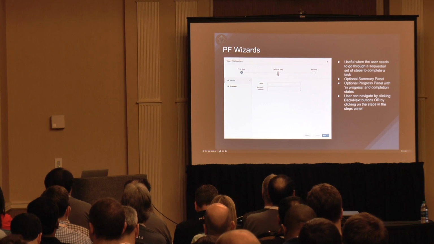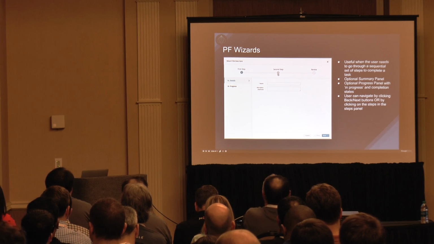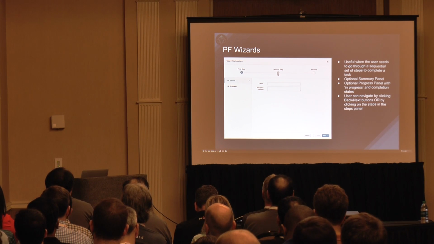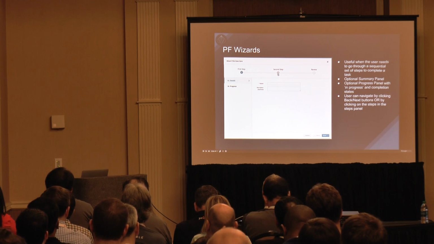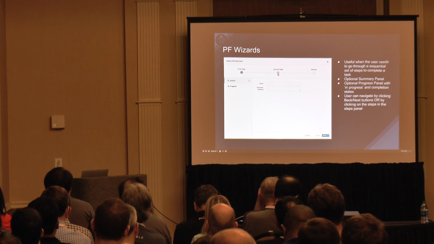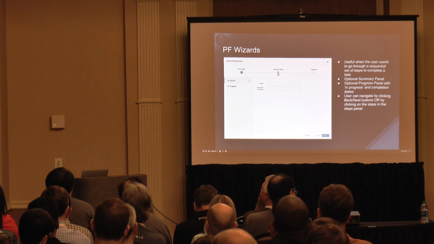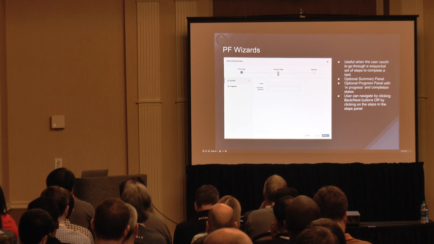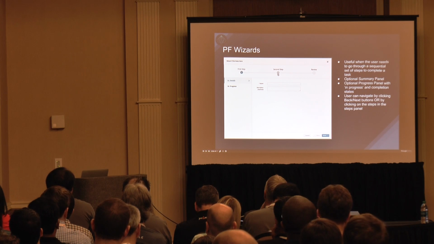The next thing, we actually already have started working on this in PatternFly wizards, and I think the container team will be using the wizards. We built it specifically for their use case. What we will be doing going forward is trying to replace all of the tab dialogues that are currently inside of ManageIQ with wizard-based things. It's useful when the user needs to go through a set of sequential steps, but sometimes when you have a